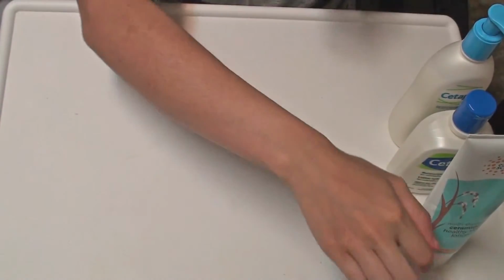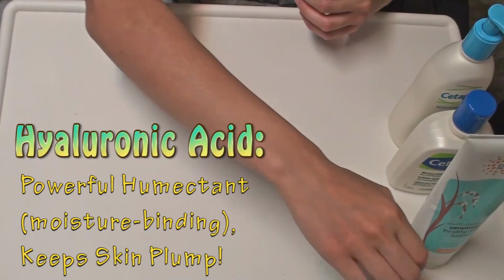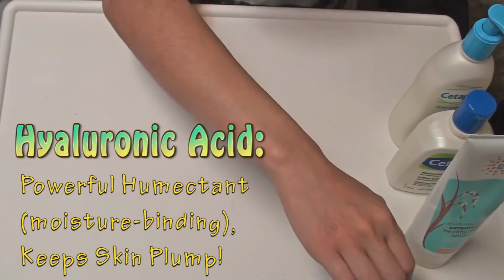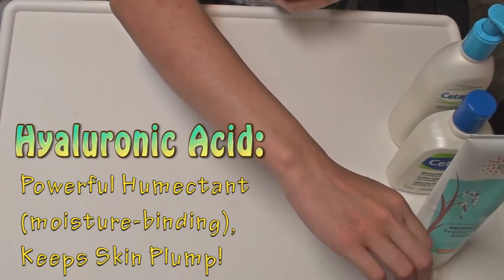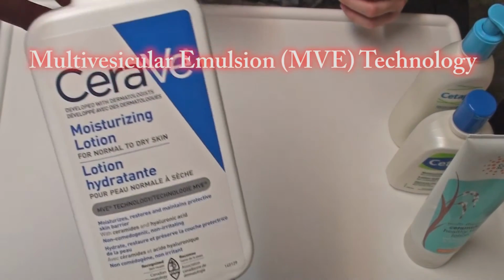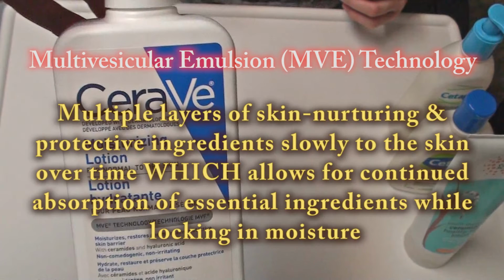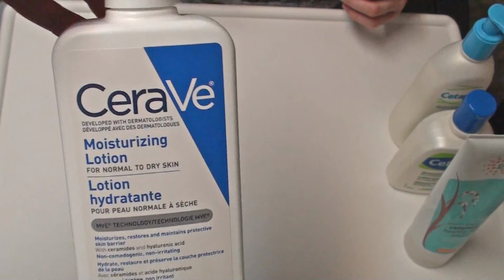It could be the fact that hyaluronic acid works as a powerful humectant, or a moisture-binding ingredient, that keeps skin plumped and hydrated, giving you younger-looking skin. It can also be found in our bodies, where it decreases with age. I'm not too familiar with multivesicular emulsion or MVE technology, but according to the site, MVE technology refers to providing multiple layers of skin-nurturing and protective ingredients slowly to the skin over time, which allows for continued absorption of essential ingredients while locking in moisture. Overall, it really works. The downside is that this lotion can be a bit pricey,